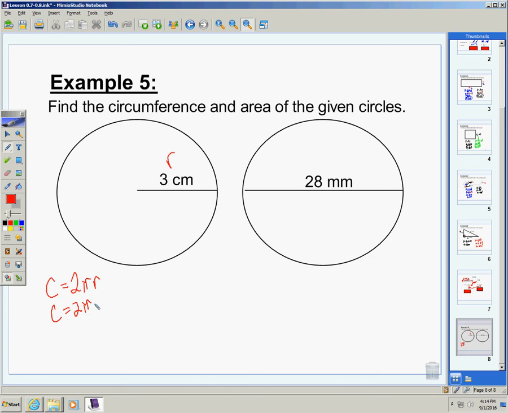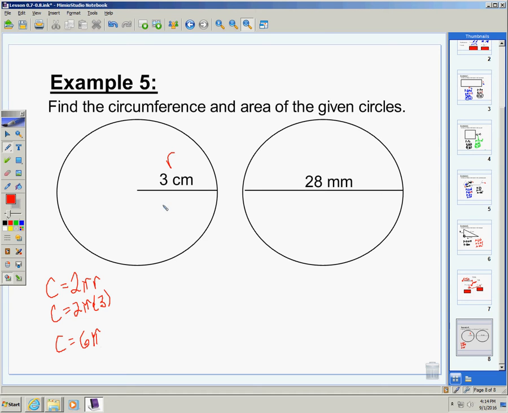And remember, whenever we plug a number in, put it in parentheses. And a lot of you probably know that pi is approximated as 3.14. I don't care if you just leave your answers in terms of pi, which means you don't have to plug anything in for it, you just leave a pi there. So I just do 2 pi times 3, which would give me 6 pi,